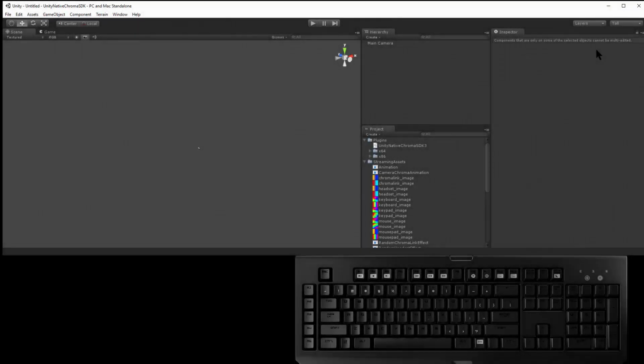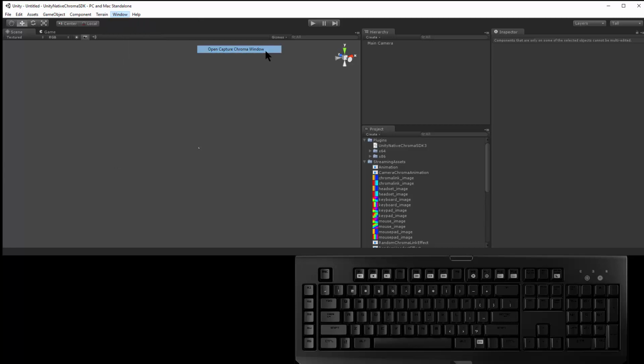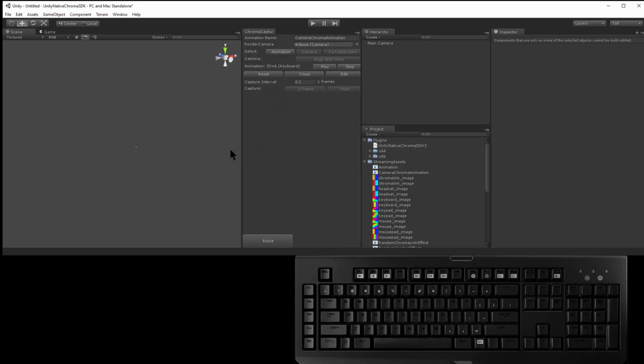Alright, this is the Chroma SDK. It's the native version, and I'll start with the tall layout. Okay, and here we've got the Chroma SDK emulator, and I'll use the Chroma plugin to author some effects. First thing, under Window, Chroma SDK, I've added a Capture Chroma window, and we can use the camera to capture chroma effects. All you need is a new scene,